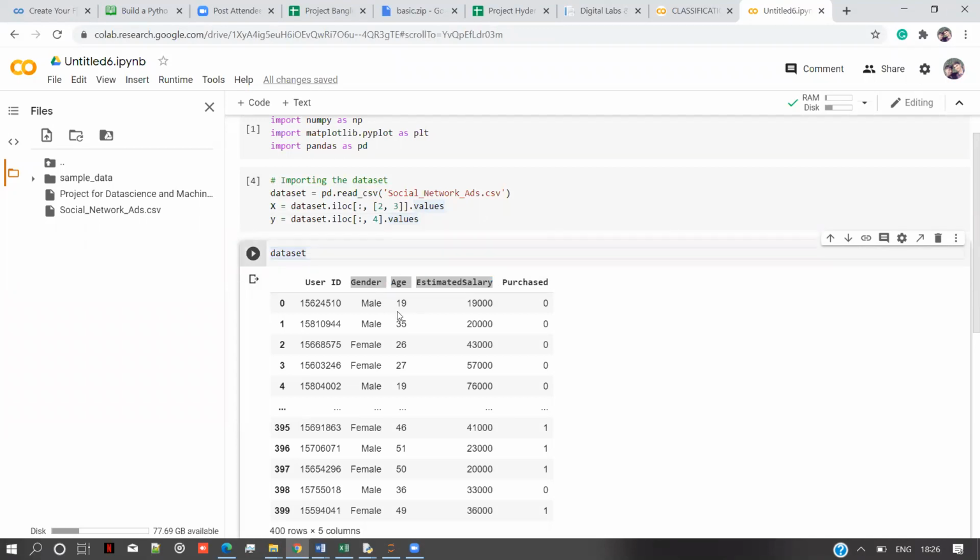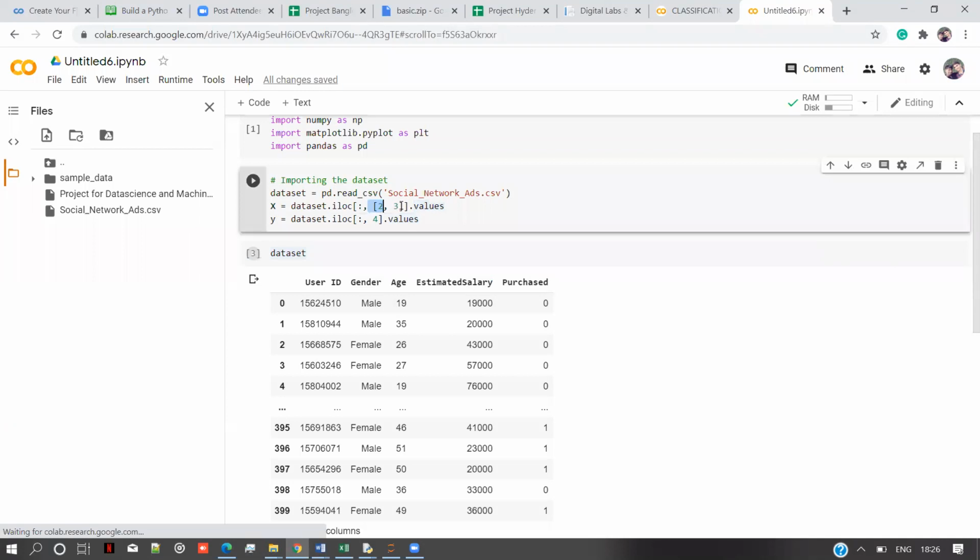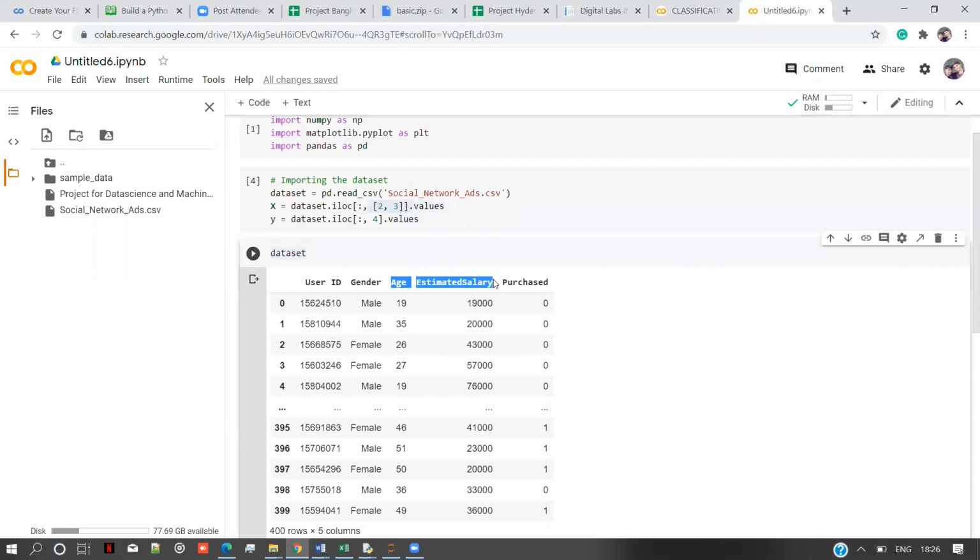Here I take a sample dataset for only columns 2 and 3, which is age and estimated salary, for simplification. When you take the gender, here gender is a categorical variable which we need to encode, using label encoder and one hot encoder, remove the dummy variable, and many things we need to do. For a simple process for today, I'm using it just to explain to you, right?